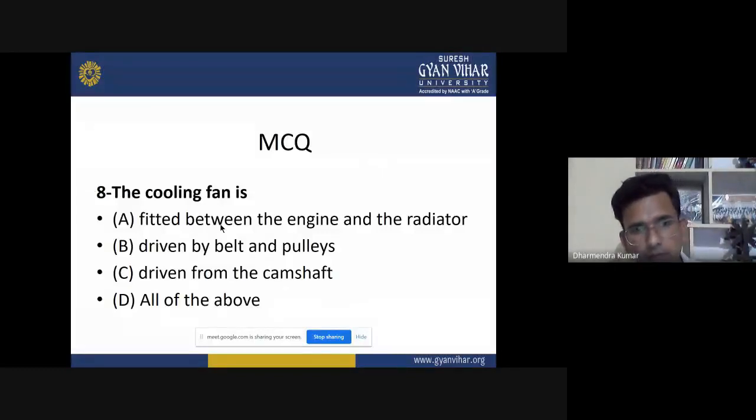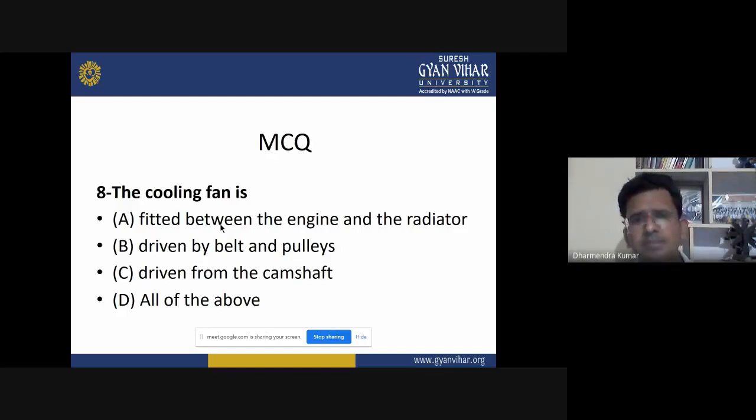Now the eighth one is the cooling fan. Here it is asking about the place where the cooling fan is located, or where the cooling fan is associated along with another component of the engine. The first point is fitted between the engine and the radiator, driven by belt and pulleys, driven from the camshaft,